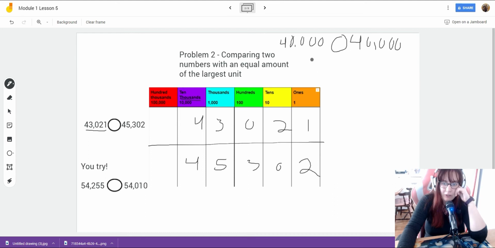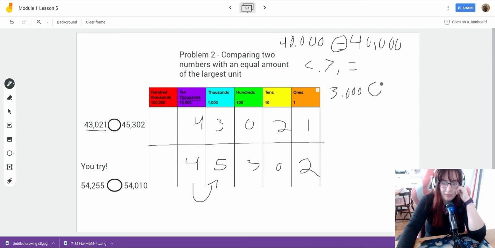Well, I know that 40,000 is not less than 40,000. I know that 40,000 is not greater than 40,000, but I do know that 40,000 equals 40,000. If you have a place value that equals the same thing, what you do then is just move on to the next place value. So then when I look at my next place value, I see that I have